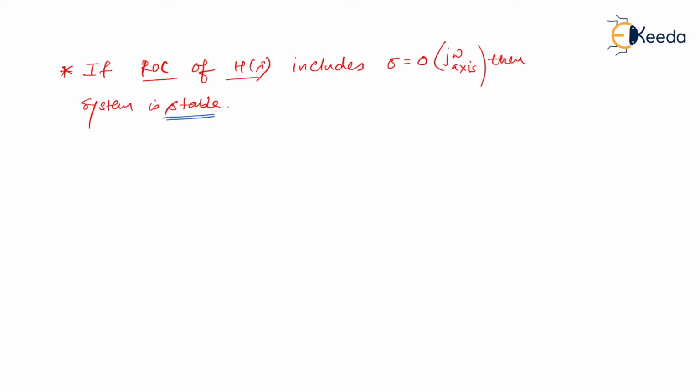See, when I say stable, it means the response has to be bounded, not unbounded. Of course, when I'm talking about stability, it has to be bounded. For example, I can take a response like e to the power minus at u of t. When I draw this, you know that it is a negative exponential curve present on the right hand side. So tell me, is it bounded or unbounded? Of course, this is what we define as a bounded response, and a bounded response refers to a stable system.